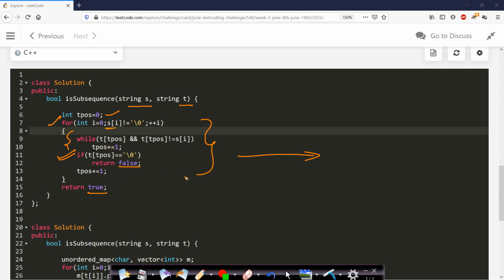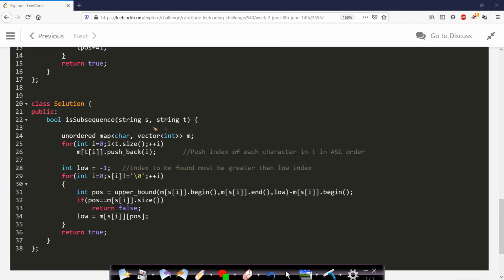Now let us look at the second approach code. In this case as well, we have two strings, and I have taken an unordered map, and then I will pre-process string t like I had already explained, and after pre-processing we will have to find all the occurrences of string s characters in our map.